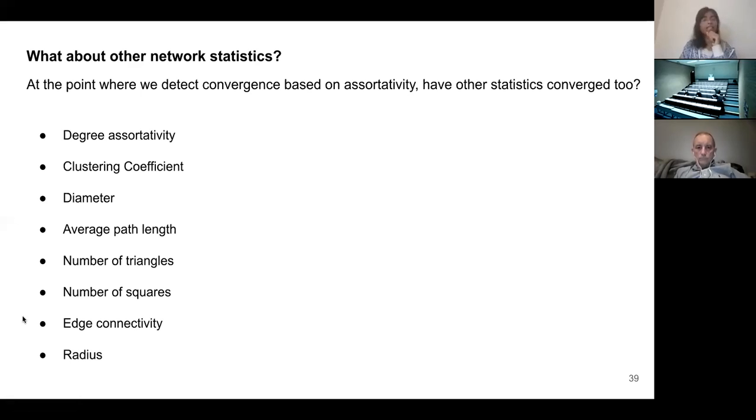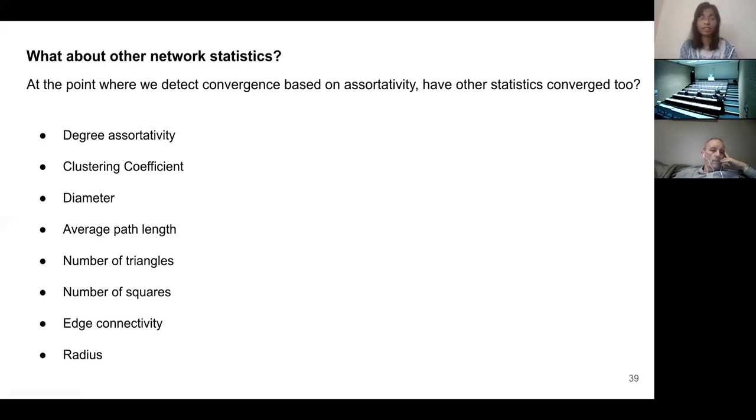And so these network statistics are very computationally expensive to calculate. So we are not going to keep calculating them throughout. Instead, we are going to use the degree assortativity to monitor the MCMC, but at the point where our method detects convergence based on degree assortativity, we are going to compute these network statistics and look at a distribution of the network statistics, and then again look at a distribution after 1000 M swaps and do the same chaos test between these two distributions